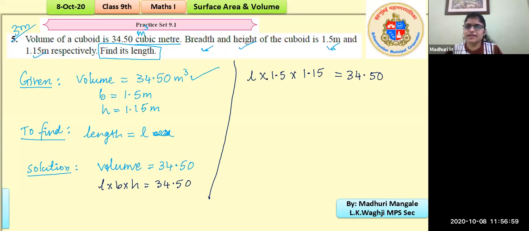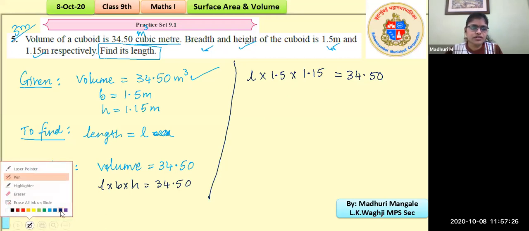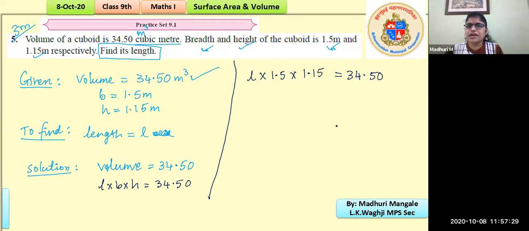What will be the next step? Yes, calculations can be done in a very smart way. So let us look at how we do this type of calculation. Simply you can multiply this out, but multiplying will give you a 3 decimal place number, and then the division will make it look hard, and you will waste time if you do the multiplication and all. So instead, let me give you a simple method, that is always try to get L by itself.